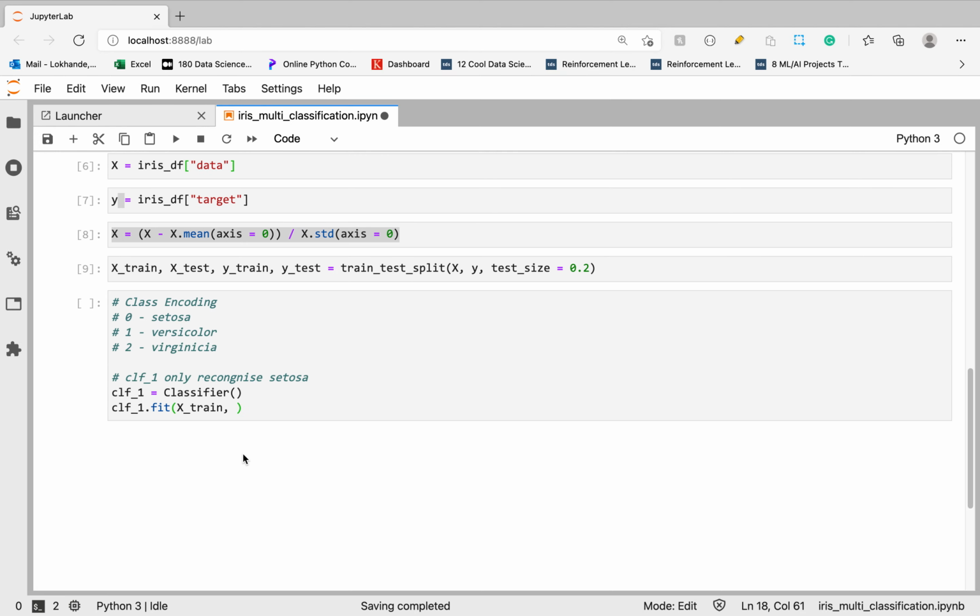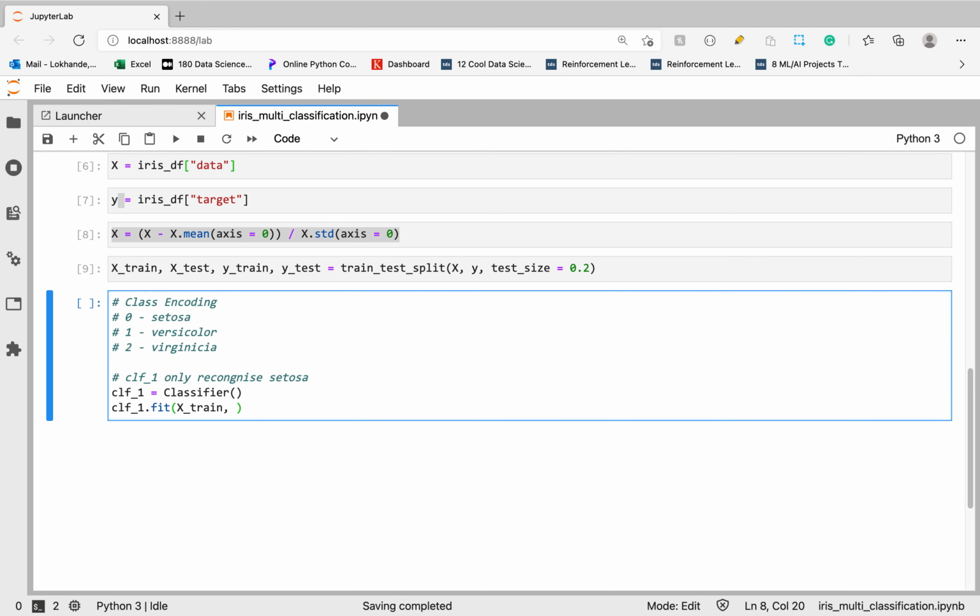So here we just write one simple statement, basically np.where, if y train equal to 0, then 1, otherwise -1. Basically this statement is replacing 0 with 1 and non-zero with -1.